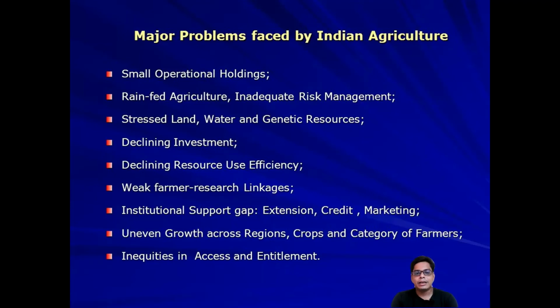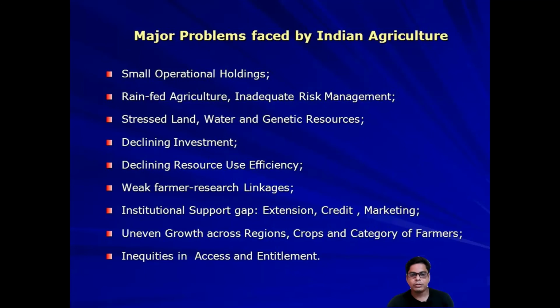Credit: some farmers cannot carry on their agriculture because of credit issues. Sometimes they have to take money from a moneylender at a high rate of interest, and at that time they lose interest in agriculture. Marketing: whatever you produce should be sold in the market at a good, higher price, otherwise next year when the season comes, the farmer will lose interest in growing crops.